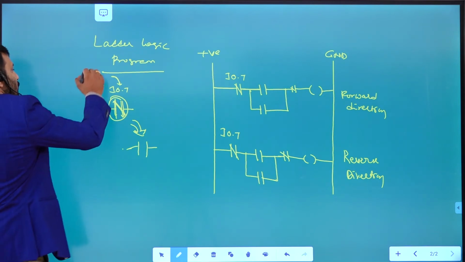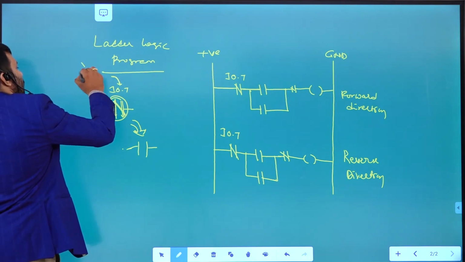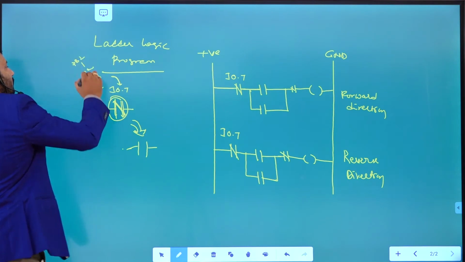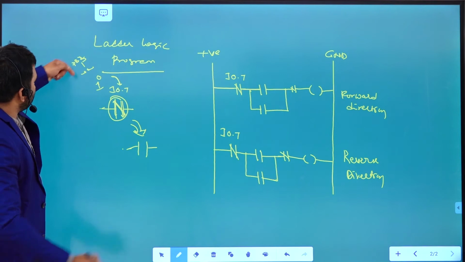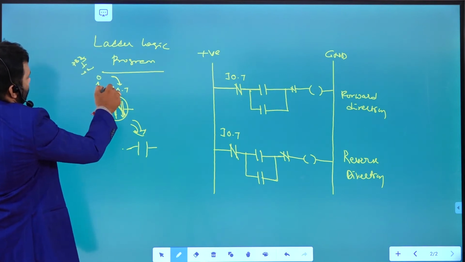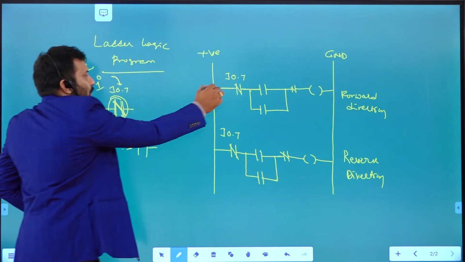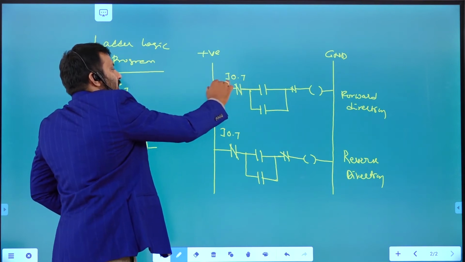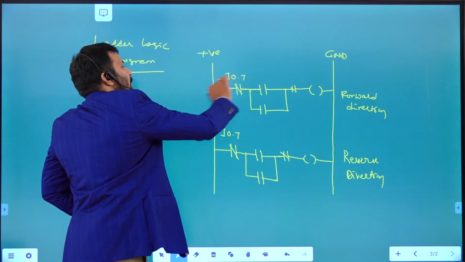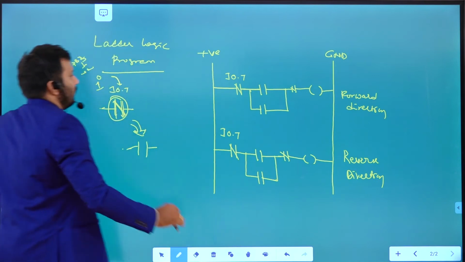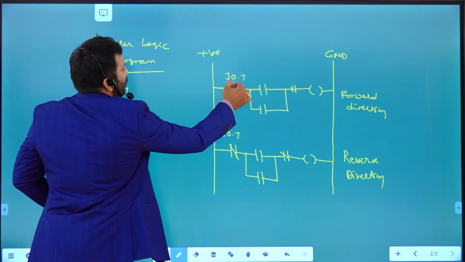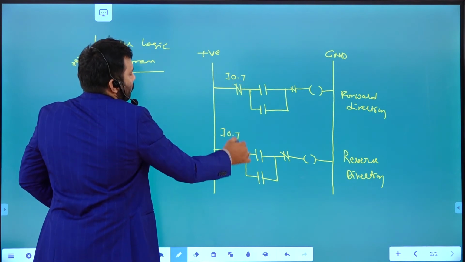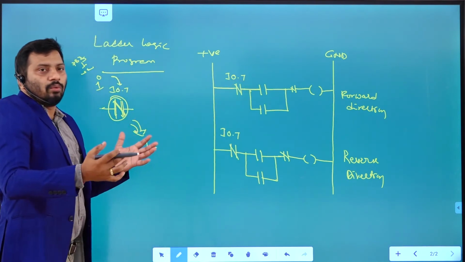That means this is connected to push button 3. You can see in the previous figure, if push button 3 is pushed, it's an open condition. It is 0. That is the reason the normally closed contact is allowing flow of power from the positive rail to the negative rail. If it is 1, if you activate this particular one, the normally closed contact is going to be open.